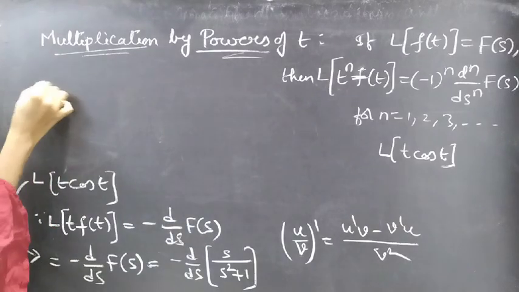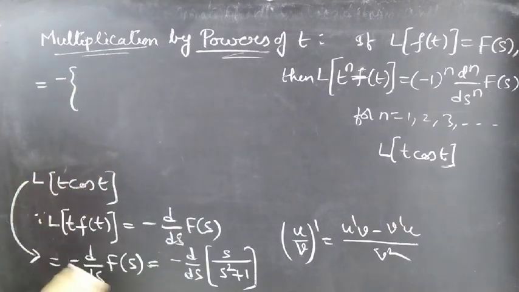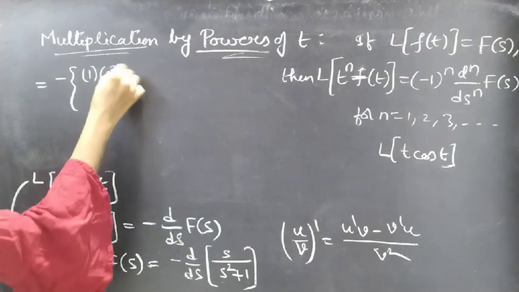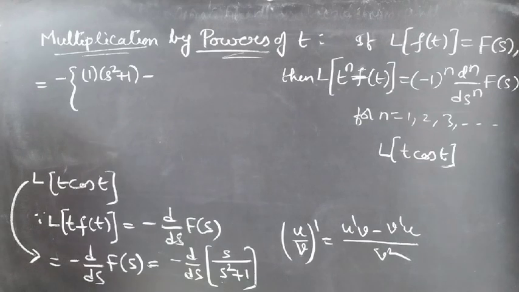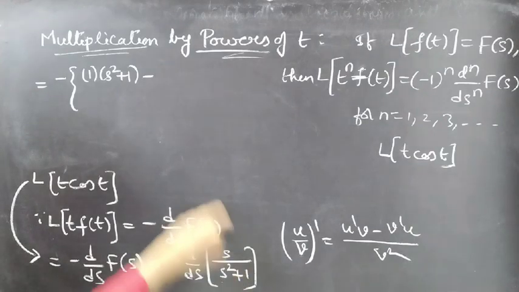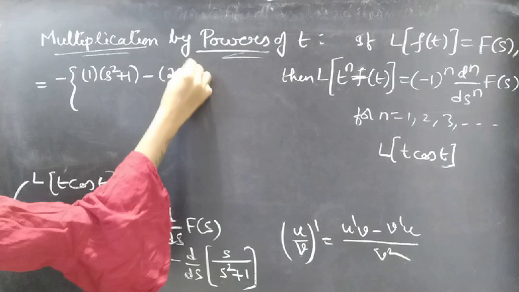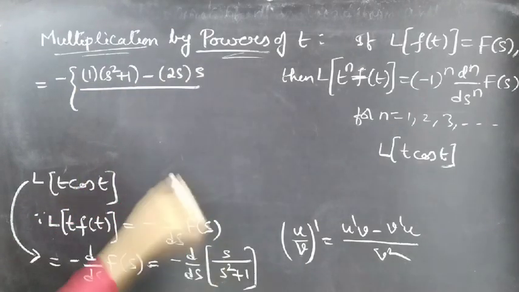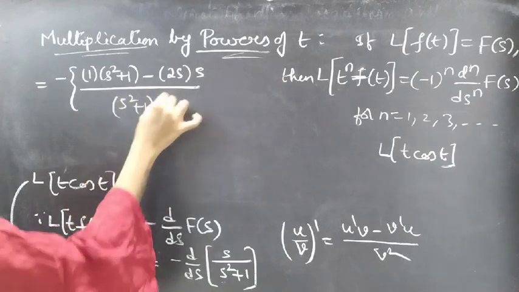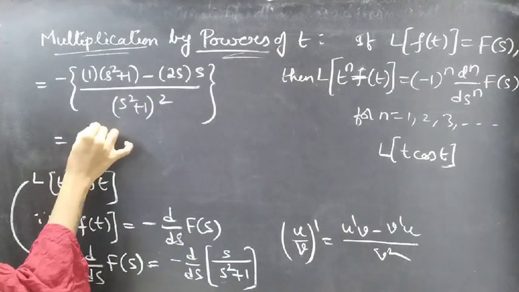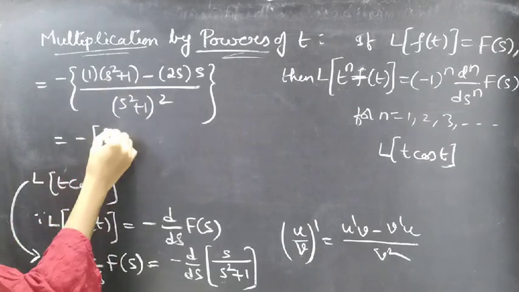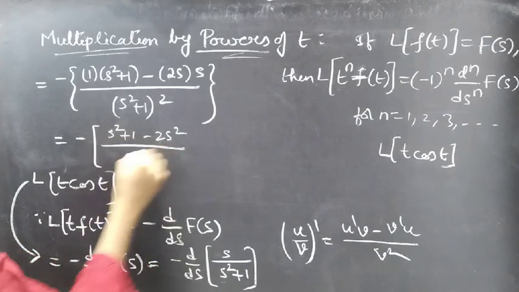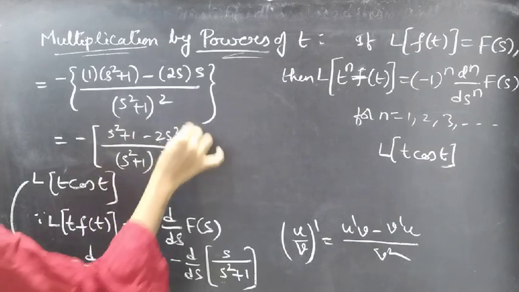This becomes minus of derivative of s with respect to s is 1 into v, s square plus 1, minus derivative of s square plus 1 with respect to s is 2s plus 0, which is 2s into u, that is s, by v square, s square plus 1 whole square. This gives us minus of 1 into s square plus 1 is s square plus 1 minus 2s into s is 2s square by s square plus 1 whole square,